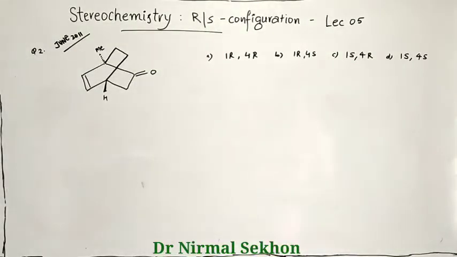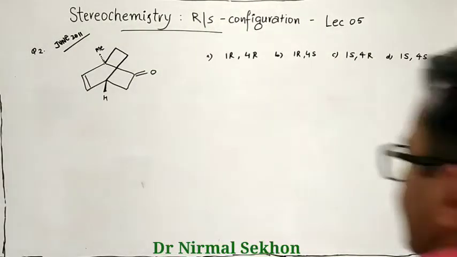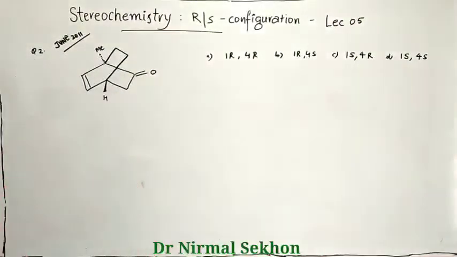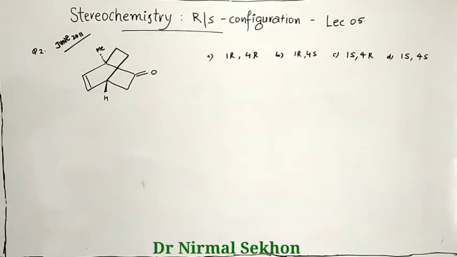Next question from CSIR UGC Net, June 2011 is this. So the question is the configuration of two chiral carbons 1 and 4. Option A is 1R 4R, option B is 1R 4S, like that. So first we have to find which is 1 and which is 4 according to your